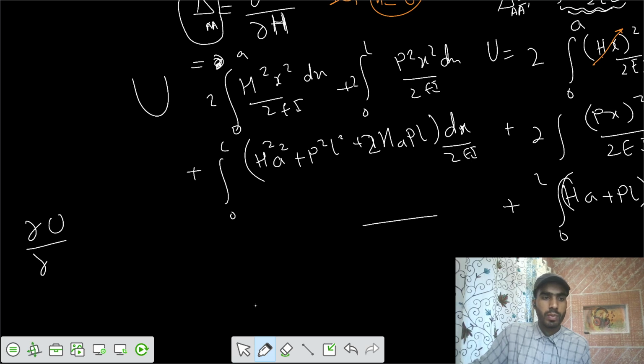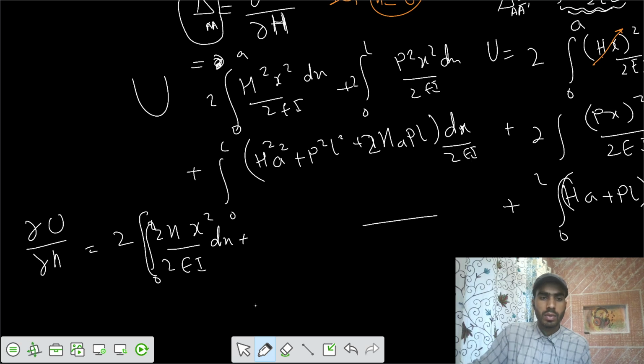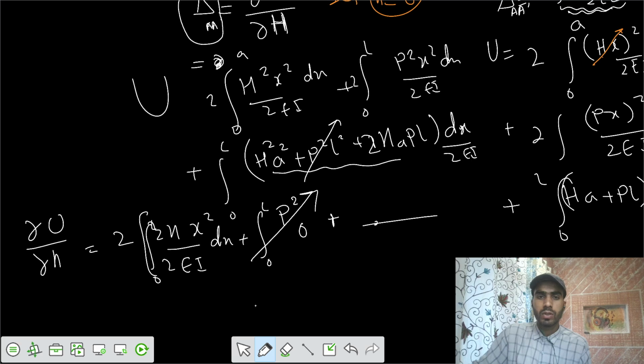Now you say ∂U/∂H equals, we can write, 2 times 2H x² by 2EI, and you have to integrate that from 0 to a, dx. Plus, similarly for this one also, P², the differentiation of this part with respect to H would be 0, so this one becomes 0. Then in this part, the remaining would be 2H a² dx by 2EI,